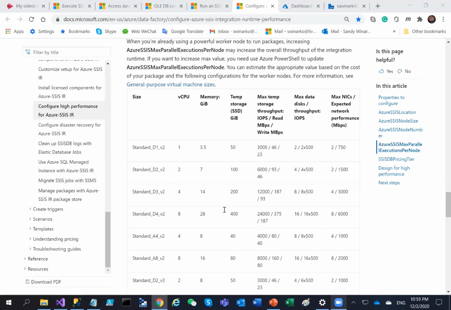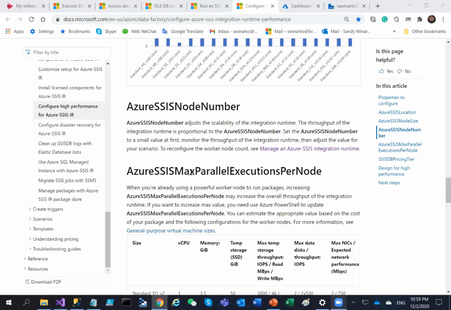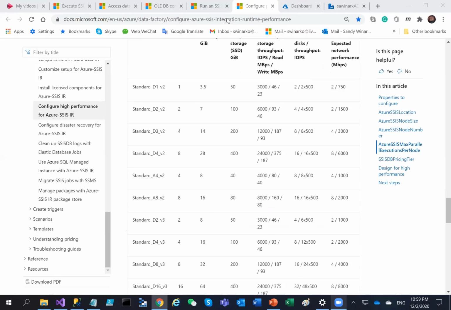And there's also a variable that you can set, for example, the maximum parallel execution per node. If you have lightweight packages that you can run in parallel in a single node, you can do that also. So let me paste this documentation into the